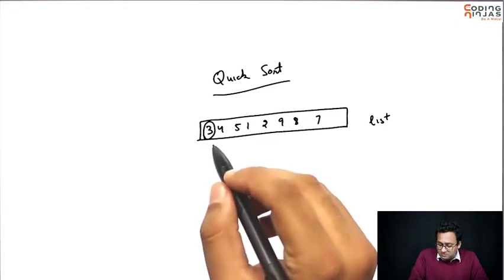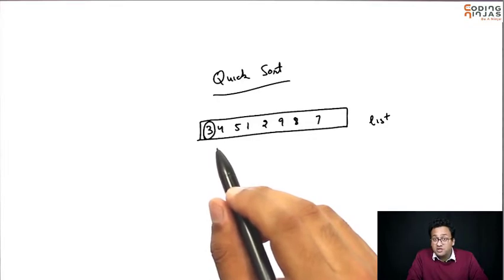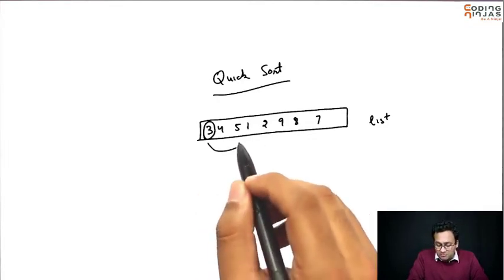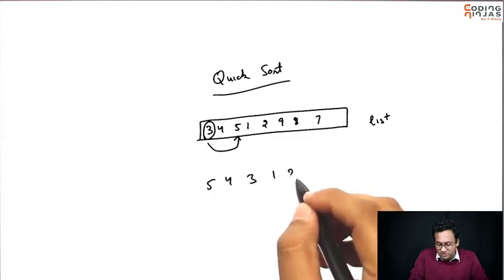make it reach its right place. So 3, if you look here, after 1 and 2, 3 will be the next number in your list when it is sorted. So 3 has to come to this particular place. So it says take 3 to its required place. Pick any number, take 3 to its right place. So you will make the list to be this.